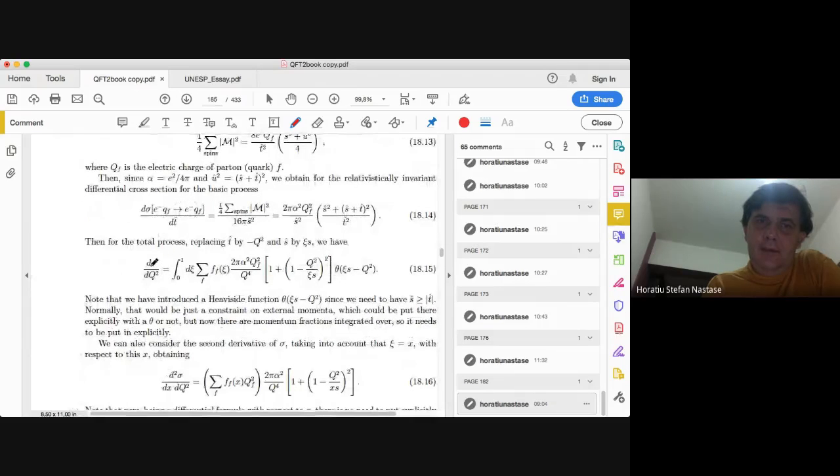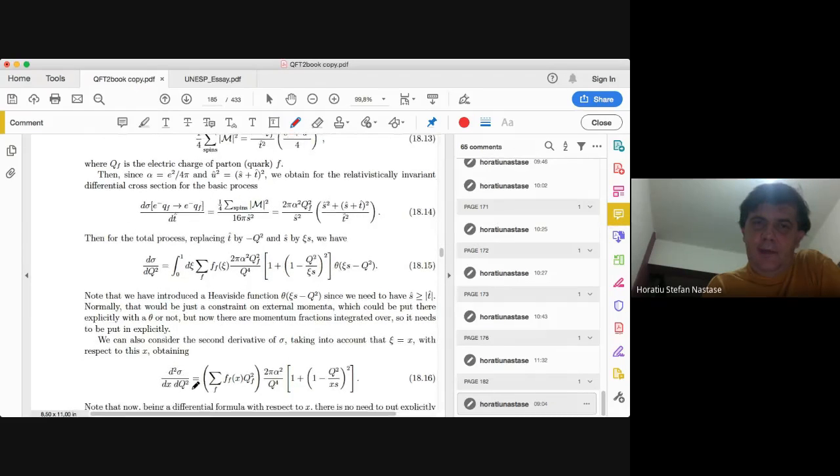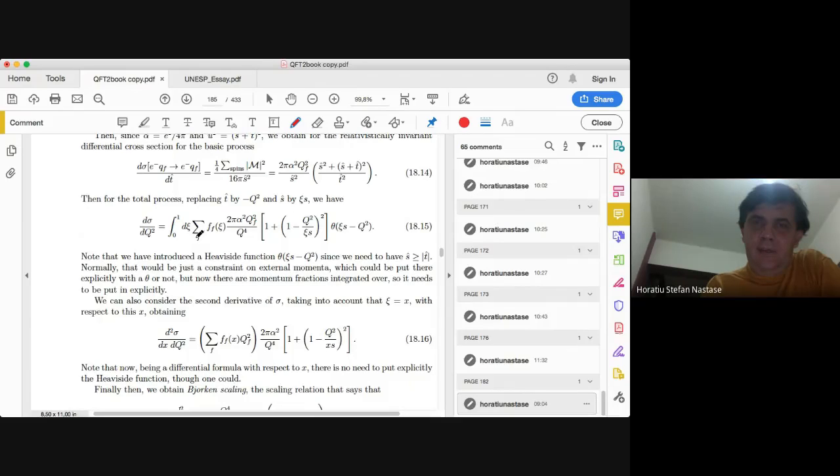So this sigma dx dq squared basically means that I just remove this integral over xi, right? Because I have to derive with respect to x, and then remember that x is equal to xi. So that amounts to just removing xi. So we find